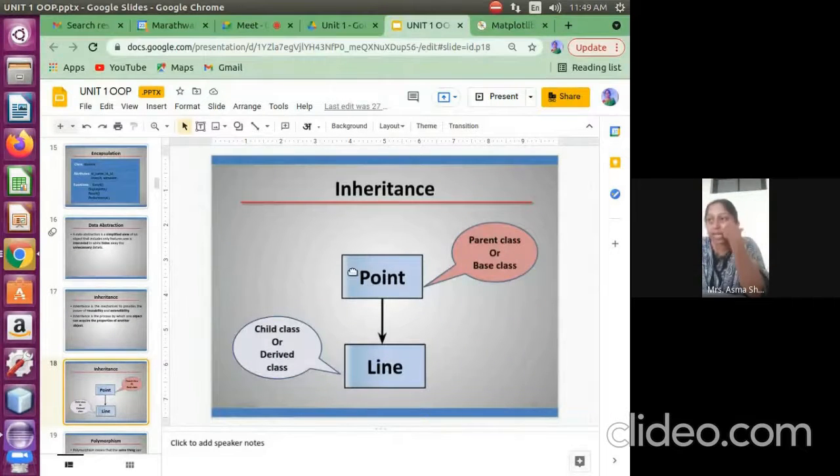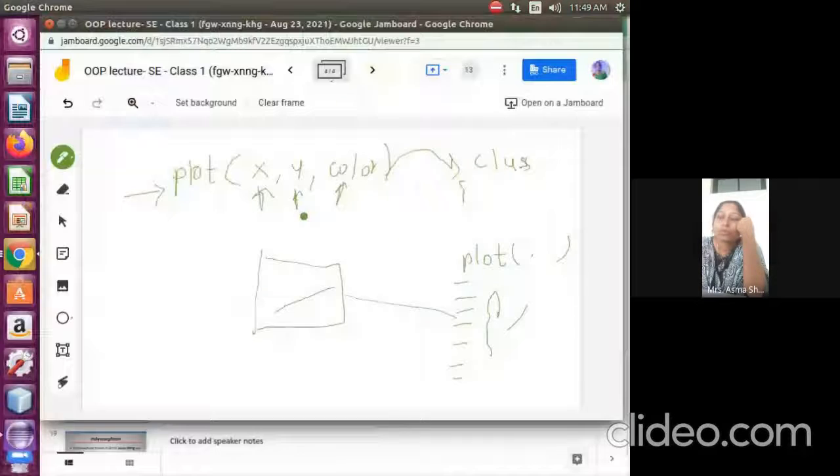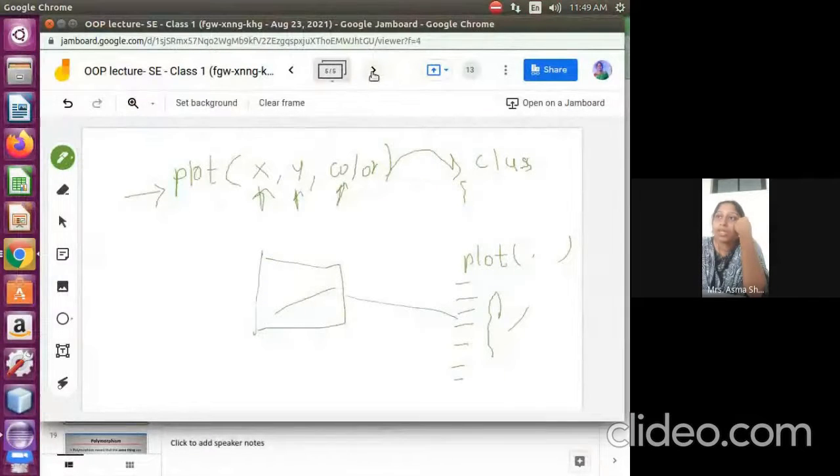So we have the parent class. Parent class is also called a base class, and the child class is also called a derived class. So if we see the point class,